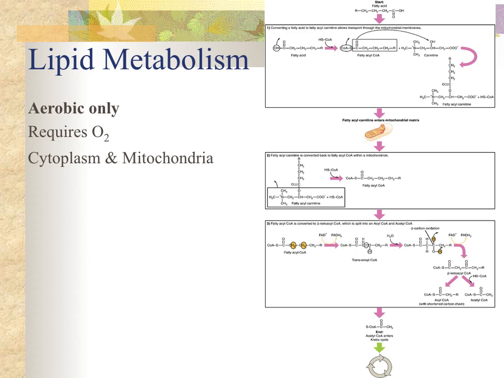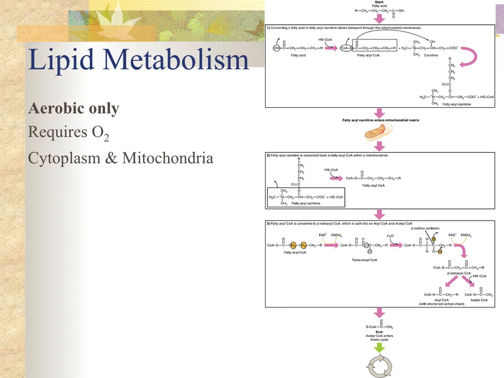we use them with oxygen only. It requires the use of oxygen. So that means this is going to happen a little bit in the cytoplasm, but mostly in the mitochondria. And so what we do is we separate lipids, the fatty acid parts, from the glycerol part. And then the fatty acids we take apart, and we take them apart with 2 carbon chains at a time,